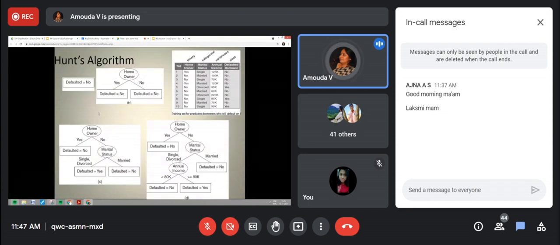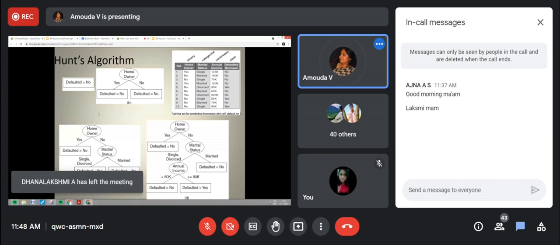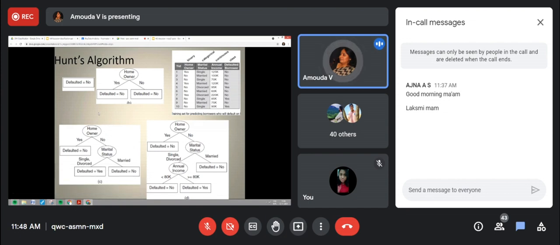So this Hunt's algorithm is actually a decision tree growing algorithm, and as I already told, it works in a recursive fashion, partitioning the training records successively into subsets. And already we defined what the training data set and the test set are. Now we'll go for the